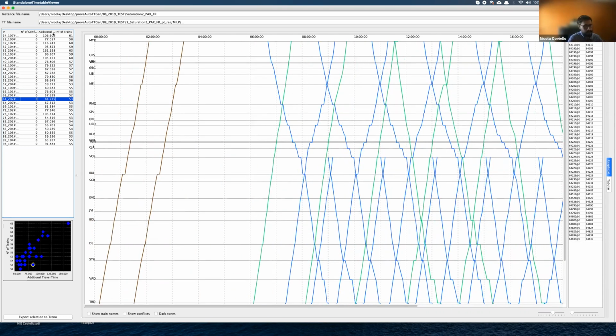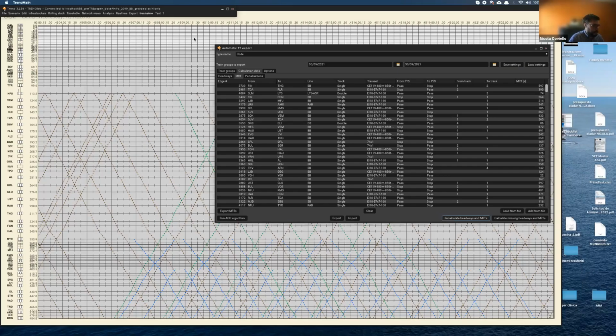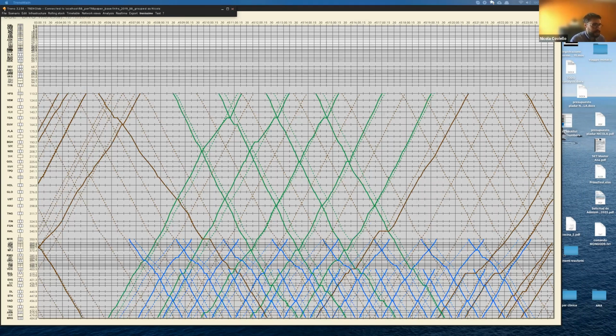Now, these timetables can be exported back in Treno in order to be further refined by manual operation of a skilled timetable planner. And when we export them back in Treno, we can also compare the actual scheduled timetable with the, let's say, desired ones, with the service concept the planner initially defined within the suite, which in this graph is represented by dashed lines, while solid lines represent the generated conflict-free